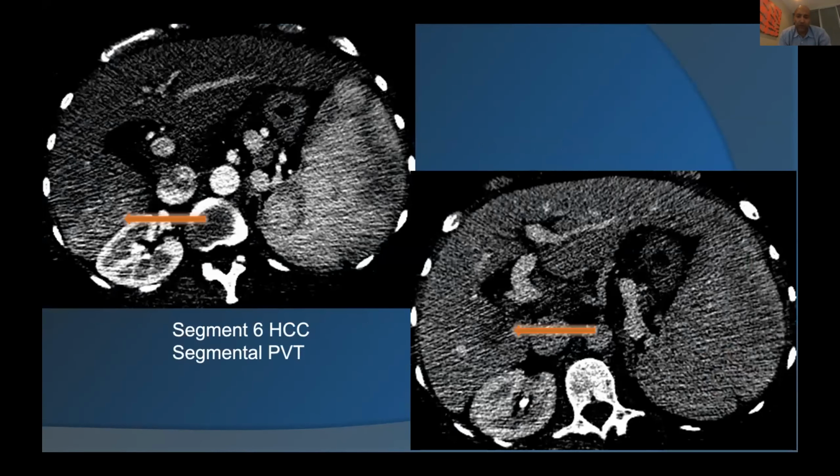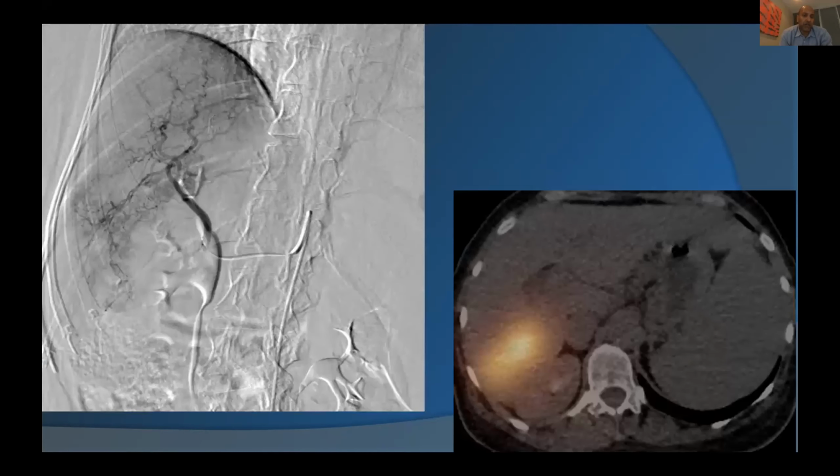So this was our first patient. It was 2011, segment 6, infiltrative tumor. Again, the CT is a little bit washed out, but had vascular invasion, which you can see on the bottom right image. This was the right hepatic artery angiogram, and the microcatheter was in the right hepatic artery. And again, I don't know if you can see my mouse cursor, but the first branch coming off of the right hepatic artery was the segment 6 tumor.